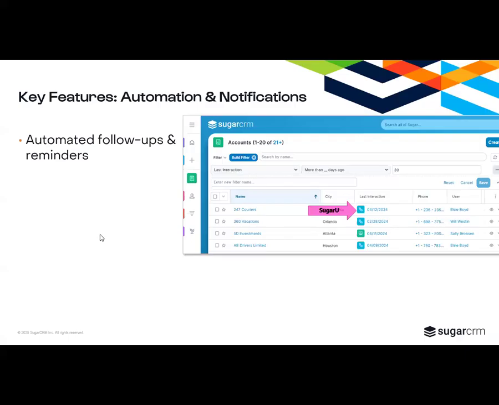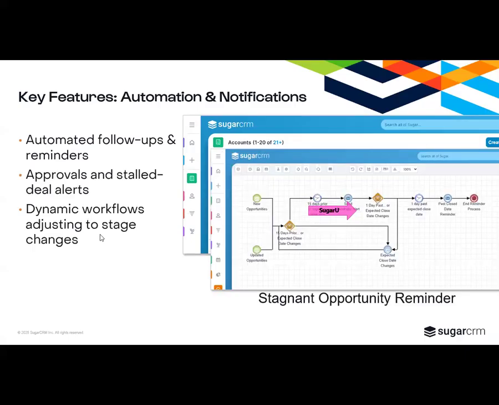You may also need to do some kind of approval process, whatever it may be, that says if the stage gets to this particular level, then I need approval done, right? Every time we get to negotiation review, a manager needs to approve it before it goes to the next stage. You also may need to do something like this